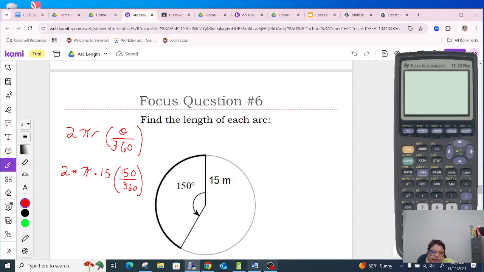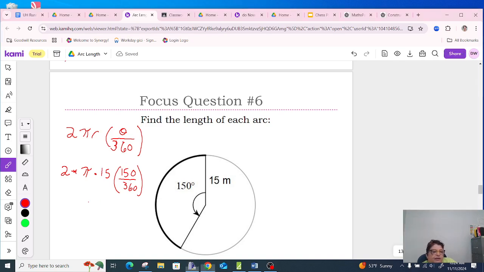So if I bring up my handy dandy calculator, and we know that usually on CUDA they use the calculator pi. So 2 times my pi is over here, times 15, times 150, divided by 360. Right? And then when I press enter, we'll go to the tenths. Okay, so 39.3? Yep. And this would be meters,